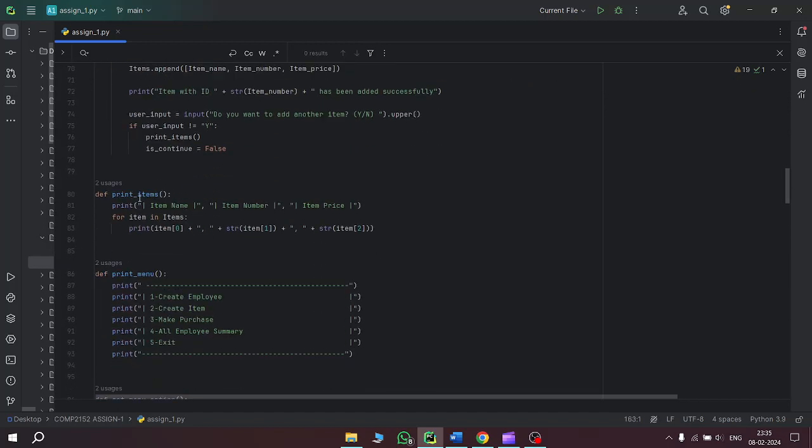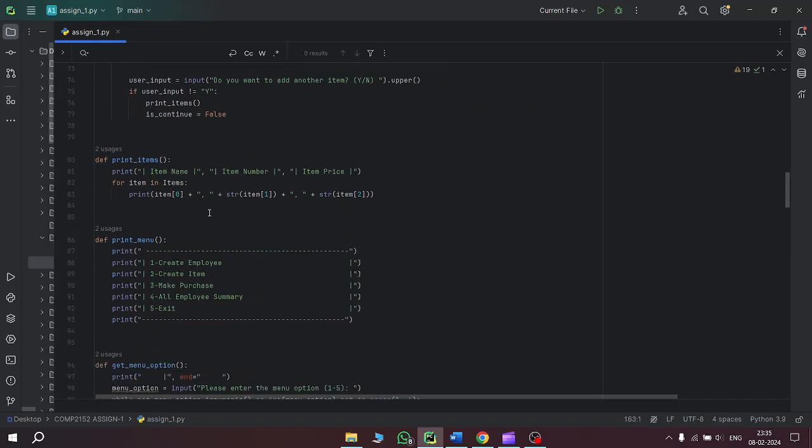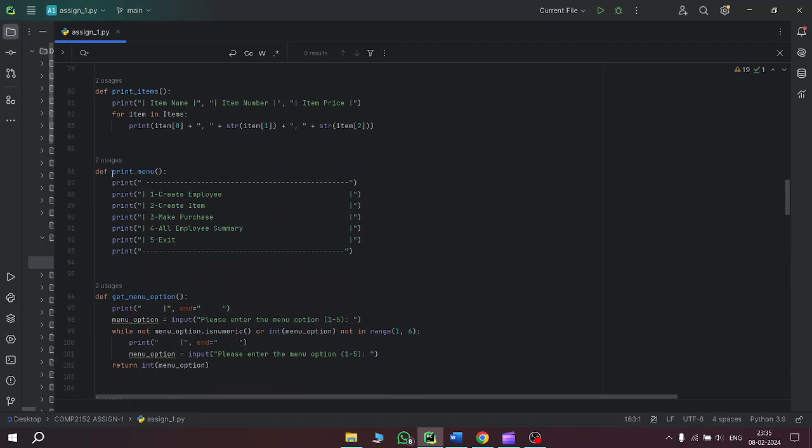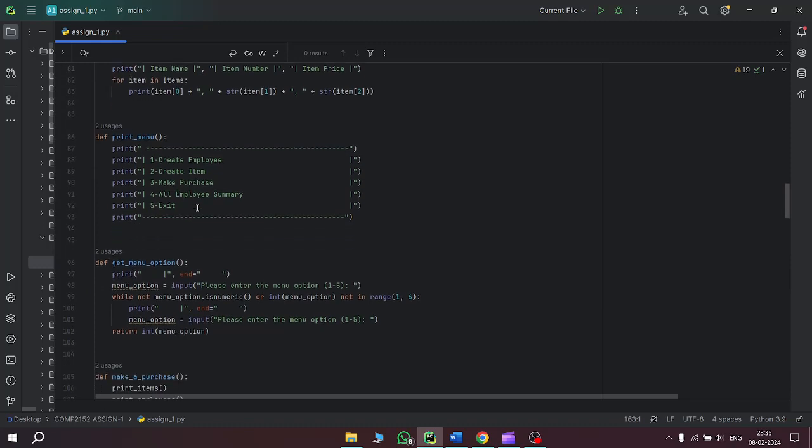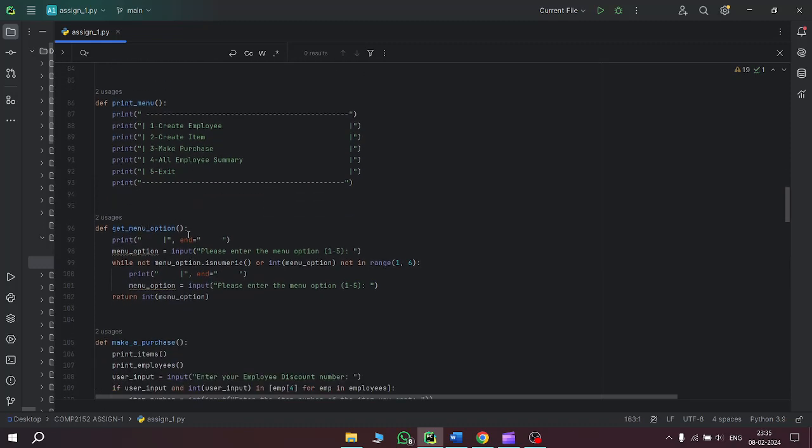After this, we have our print items function, which just prints all the items with all their attributes, like their values. After this, we have our print menu function, which just prints the main menu that the user sees. After this, we have a get menu options function, which takes the input from the user